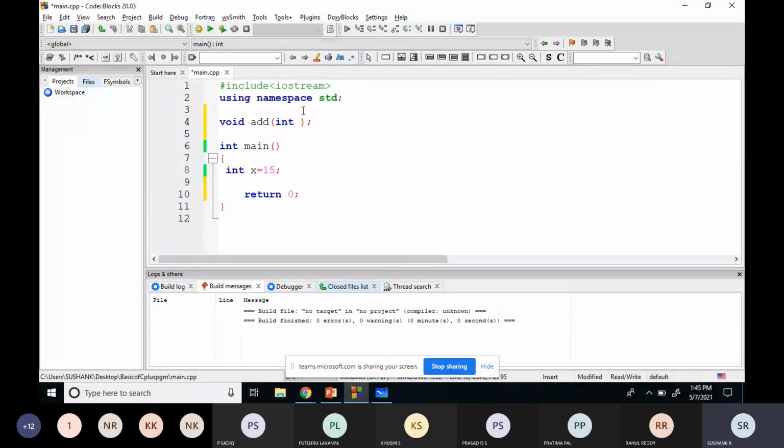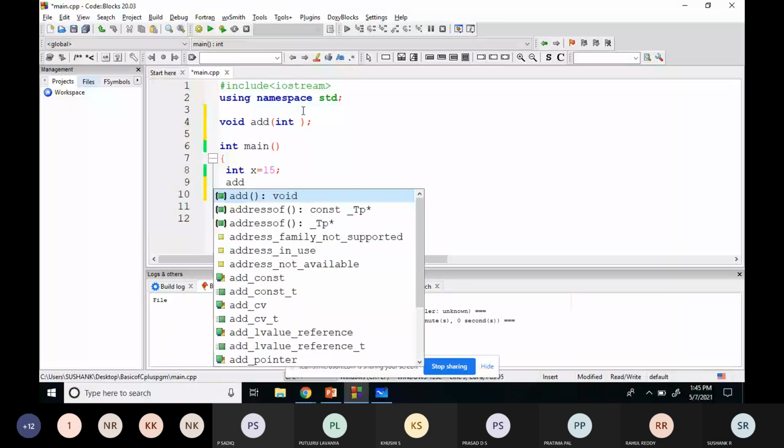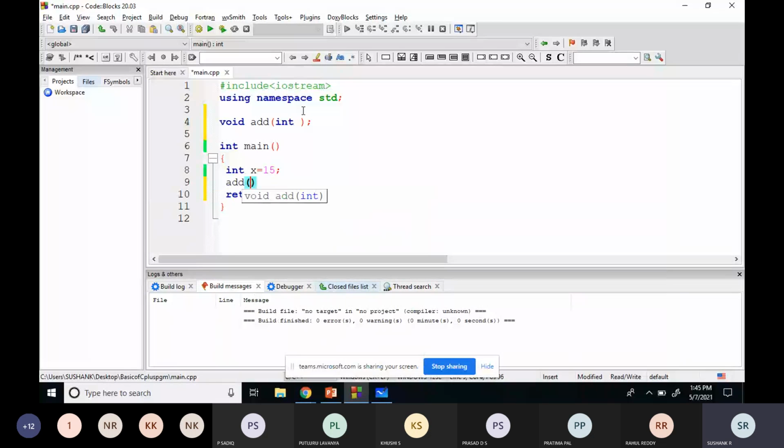Now I'll just write the code. I have to call this add function, then I have to pass the variable x.